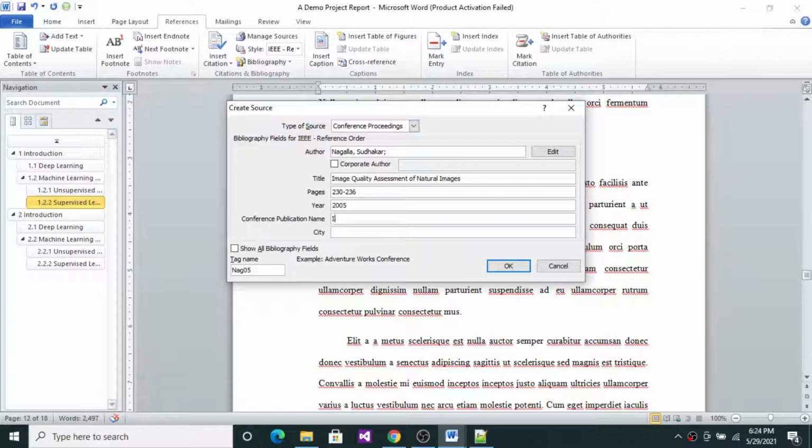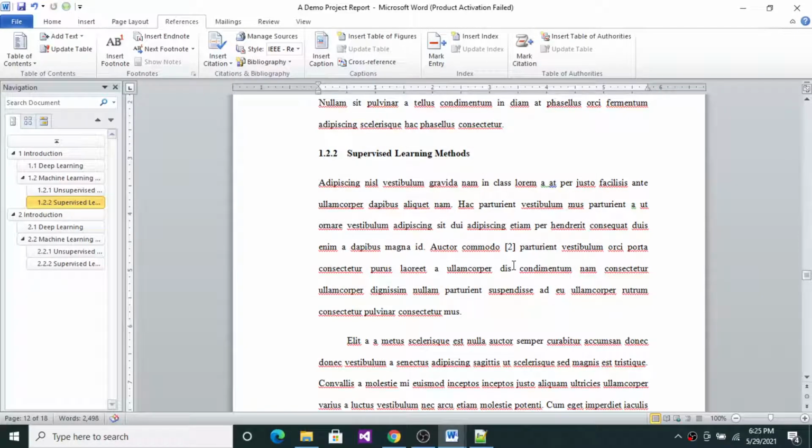Recently we have conducted a conference, that is international conference on computing, some name, international conference on computing. City, if you want you can give the city where it was conducted, so maybe Bapatla. So all the relevant information, and then say okay. So you have to,